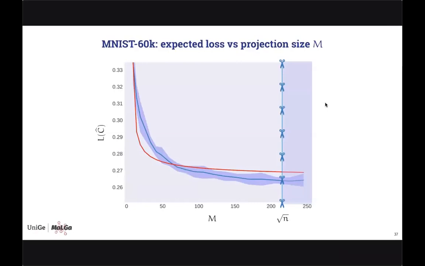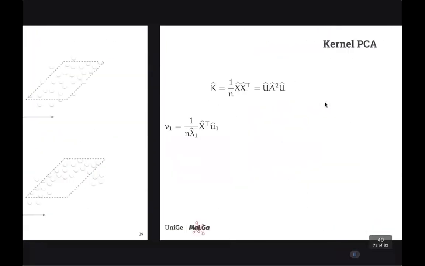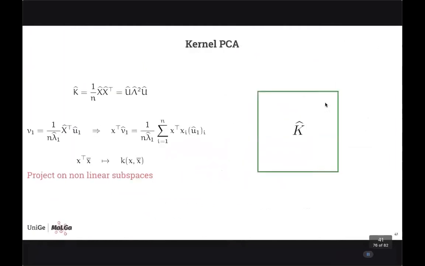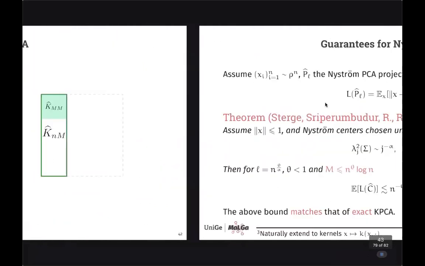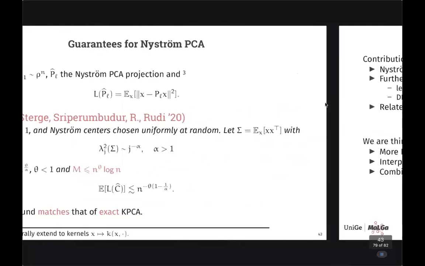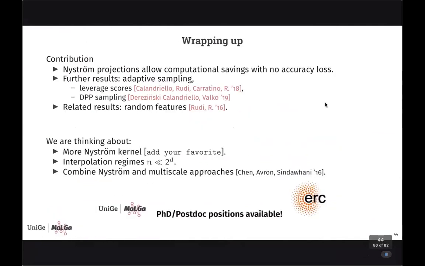All right, so I think I'm about done. I'm going to skip the PCA, which has a similar flavor, and I'll leave it in the slides that I'll post somewhere. And maybe I'll just wrap up here. So again, the basic idea is that there are many situations, supervised statistical learning, bandits, clustering, PCA, where you can perform this form of data-adaptive projections, reduce dimensionality, and not incur any loss in statistical accuracy. Of course, you can push it more, and then you will have a trade-off between computation and statistics,